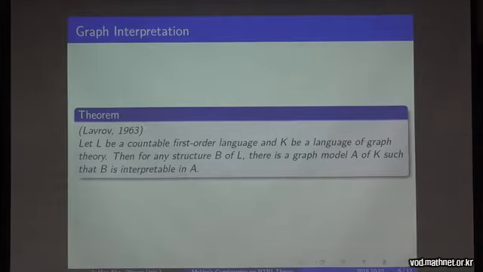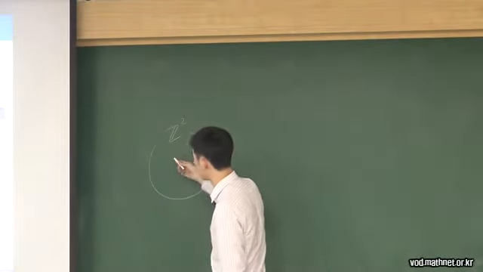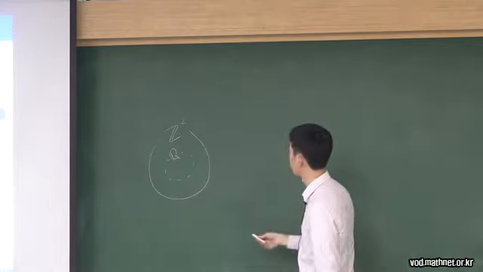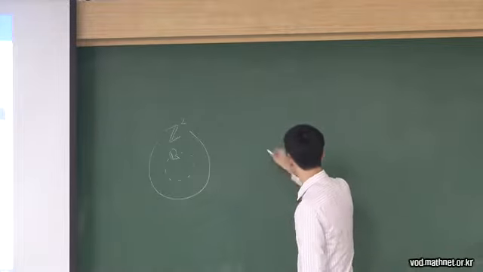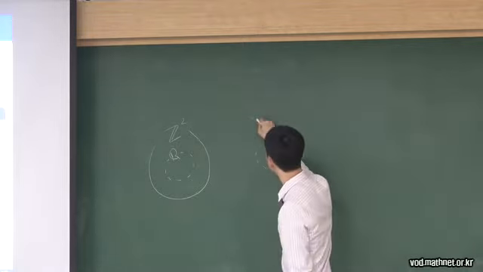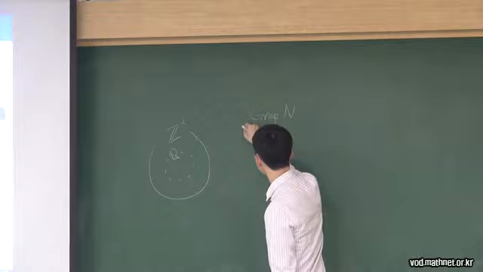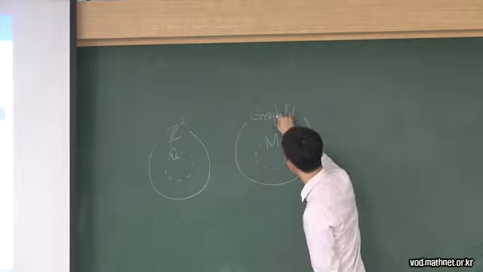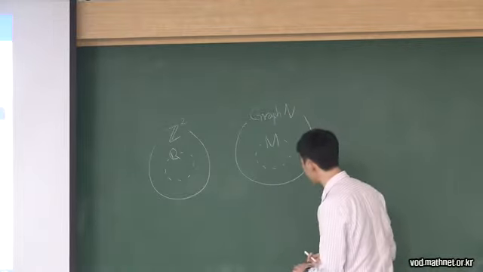Then, for any structure B of L, there is a graph model A of K such that B is interpretable in A. So, our first example was that there is a structure Q inside Z, and this theorem says that if you have an arbitrary structure M, then you can find some graph N such that the structure lies inside the graph N,